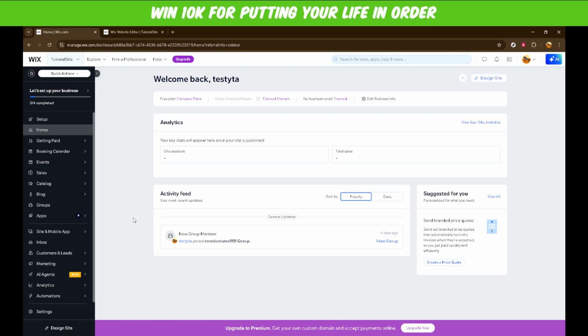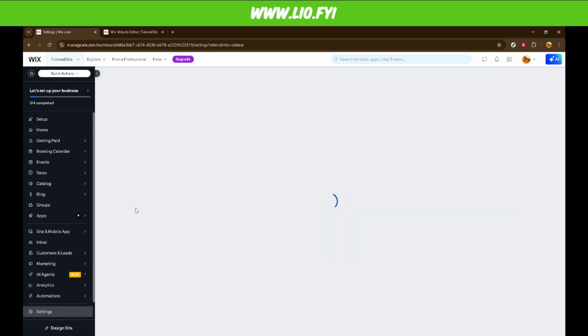To begin, navigate to your Wix dashboard. This is your central hub for managing everything about your store. From here, look for the Settings option. Go ahead and click on that. This takes you to a page where you can manage various aspects of your online store, including shipping and tax